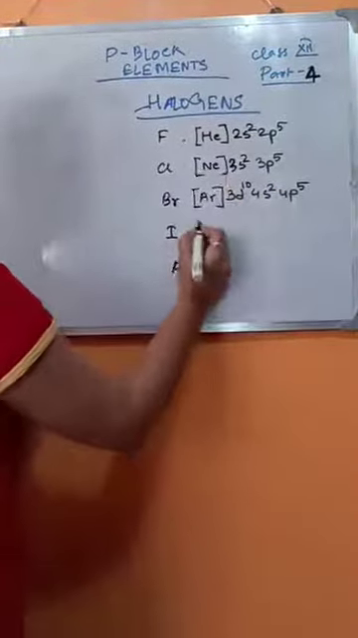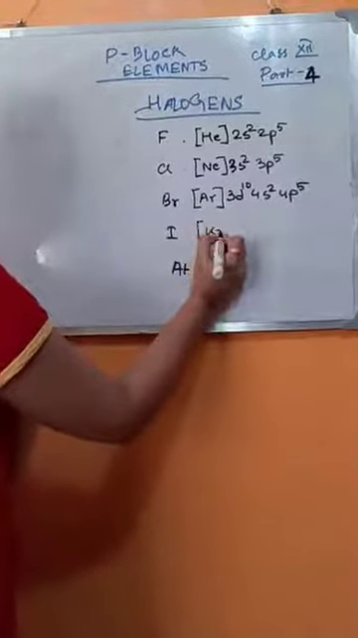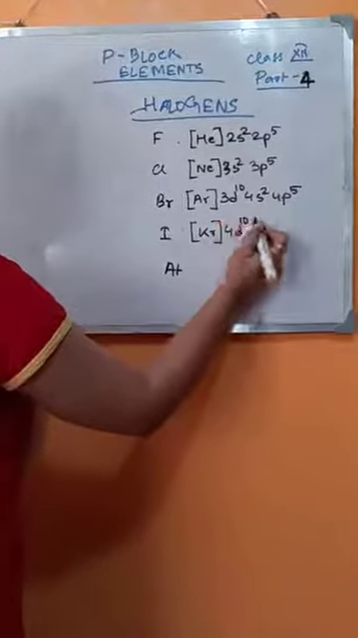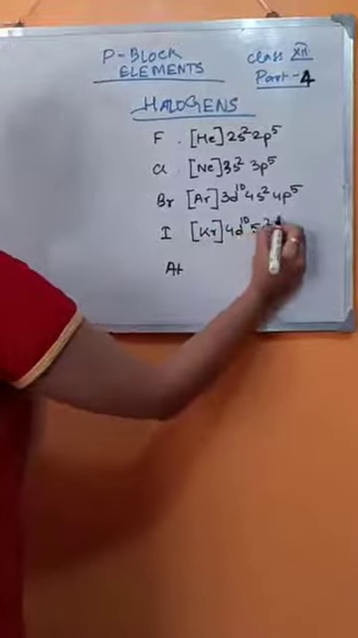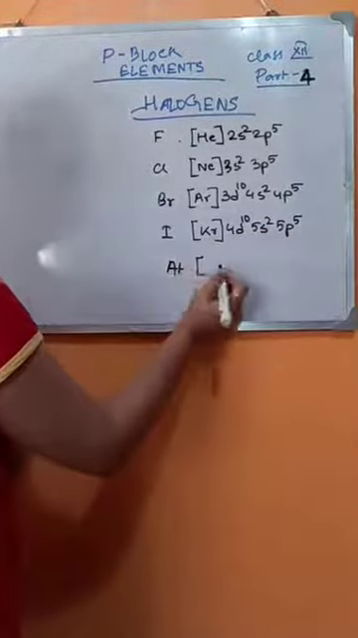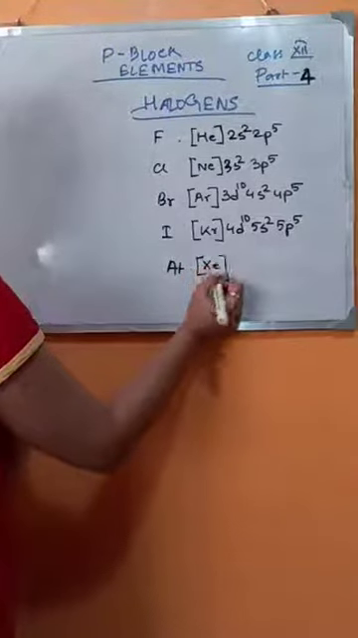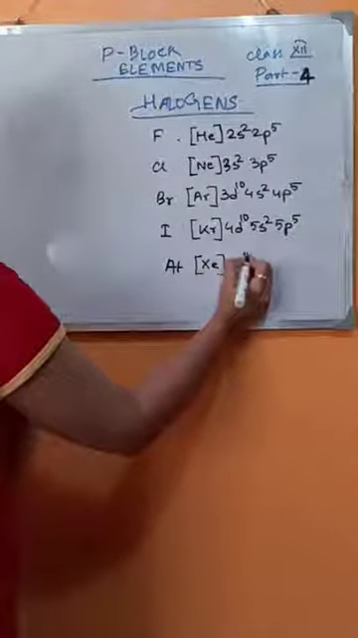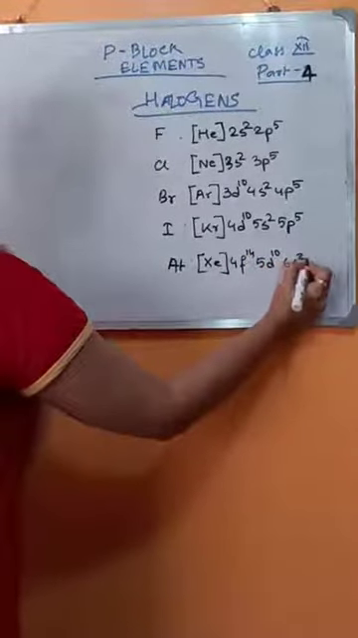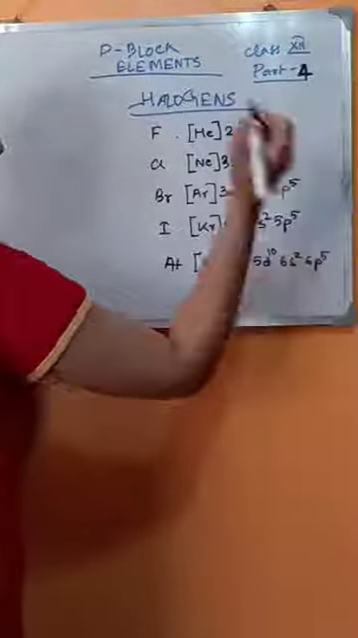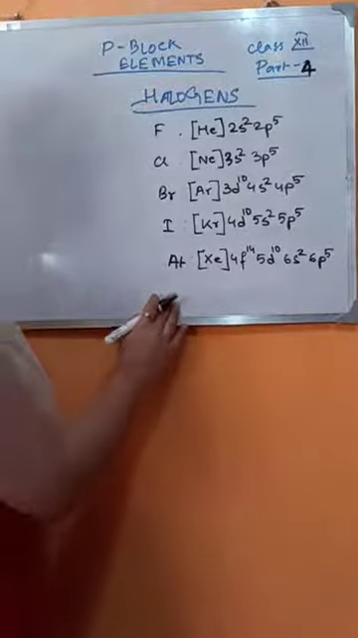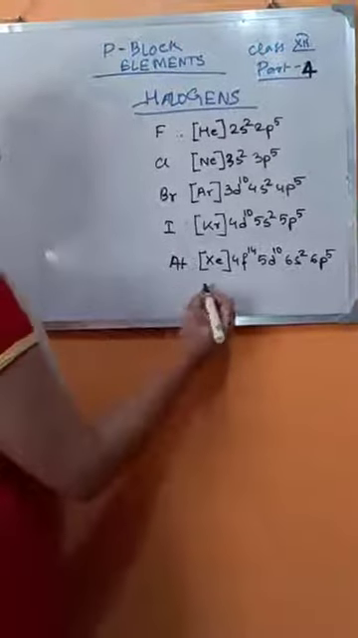4p5. For iodine it is krypton 4d10 5s2 5p5. For astatine it is xenon 4f14 5p10 6s2 6p5. So remember, the outer electronic configuration or the valence shell configuration for the halogen group is